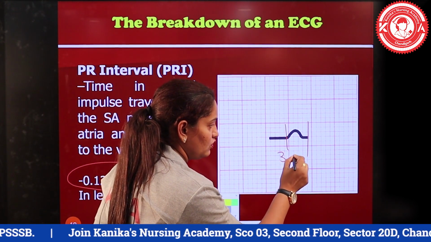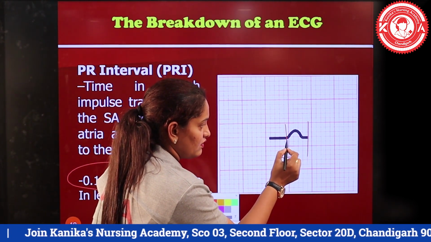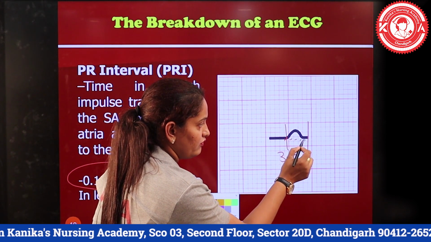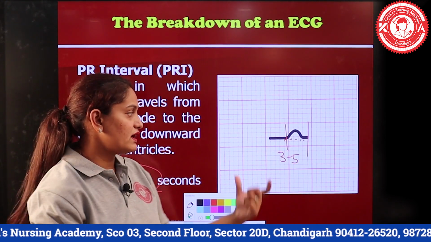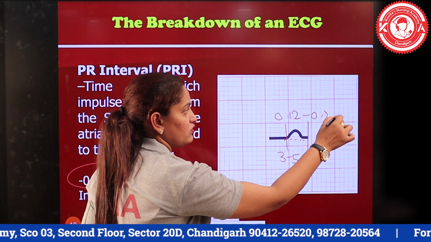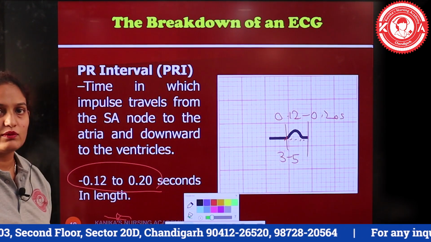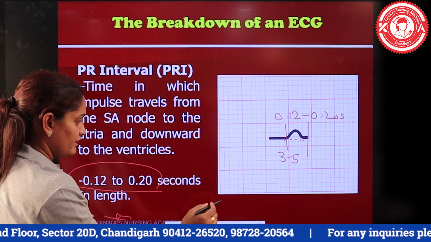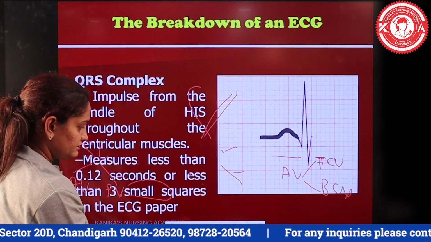So between 3 to 5 we can see here 1, 2, 3, 4 and 5. This is the normal PR interval, or we can write it here as 0.12 to 0.20 seconds. This is the normal time duration of PR interval. Moving ahead,